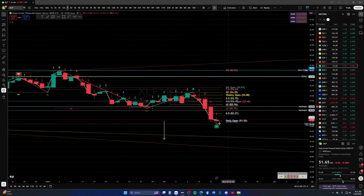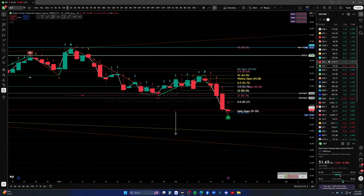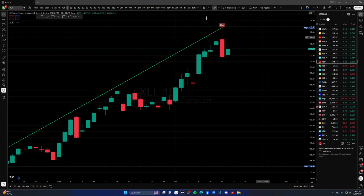There's that doji on the day. So everything closed doji on the day, which is insane. That's kind of odd. So far, we went through everything. So far, closed doji on the day. XLI